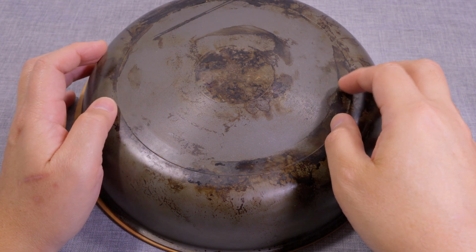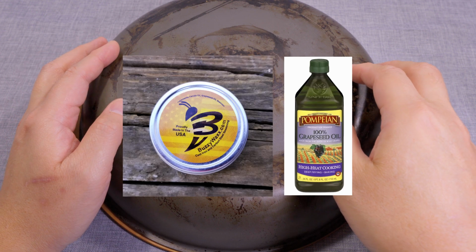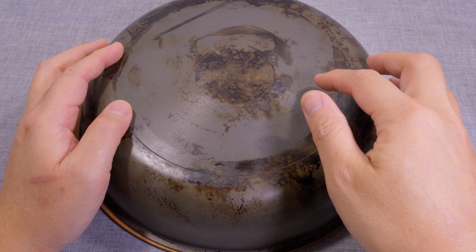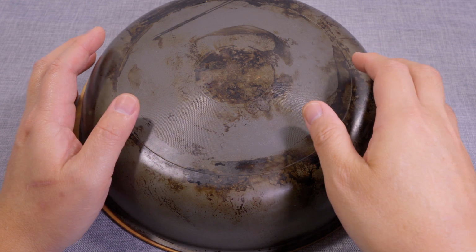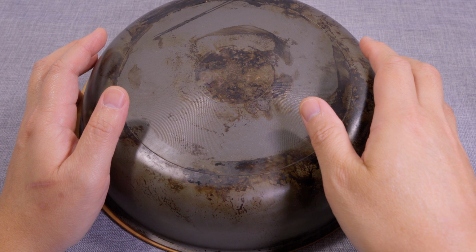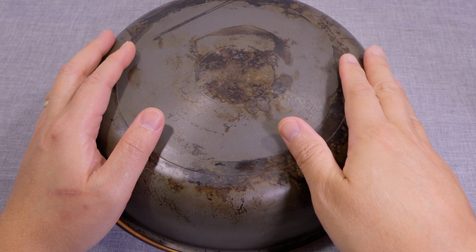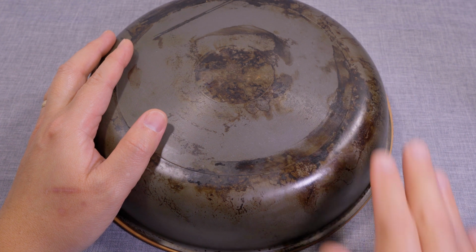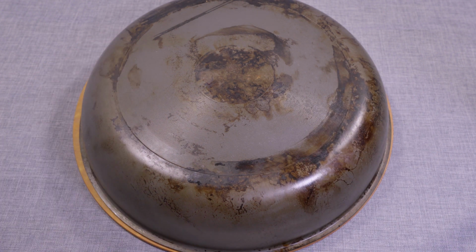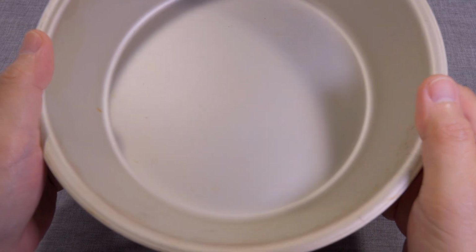Since my last seasoning video, there were a lot of comments on Buzzy Wax and grapeseed oil. I looked into Buzzy Wax and found that it uses a combination of beeswax, canola, and grapeseed oil. And with the current situation with my seasoning issues, it was an ideal time for me to test grapeseed oil. So that's what I did. I wasn't so happy with the performance of the seasoning with the other oils, so I decided to try grapeseed